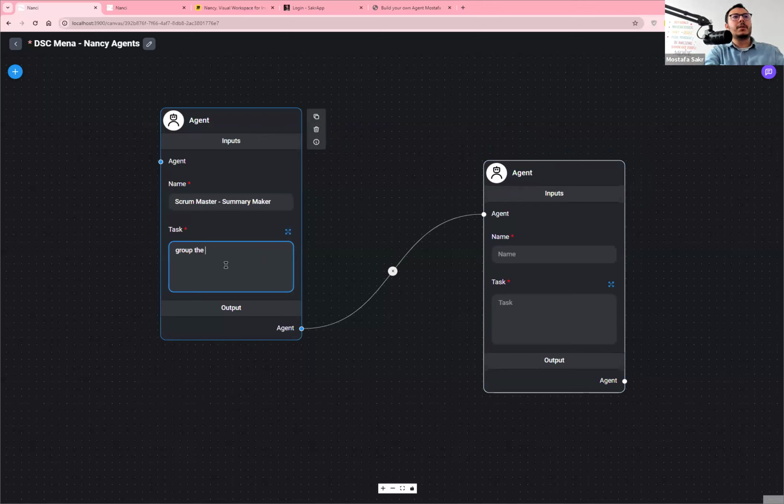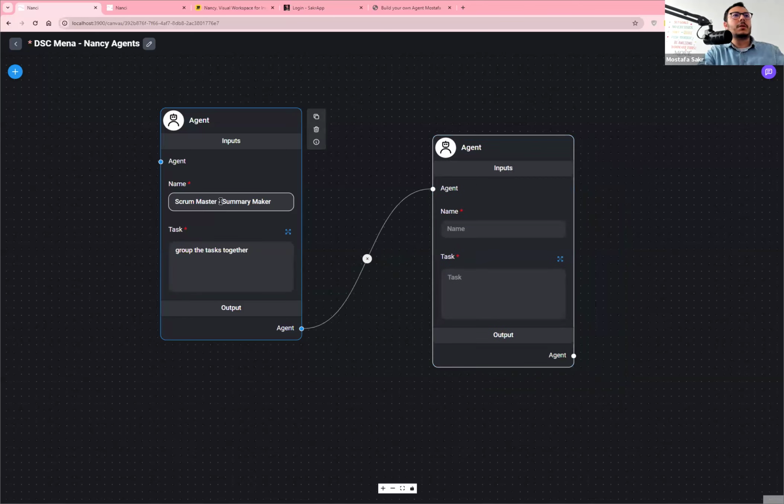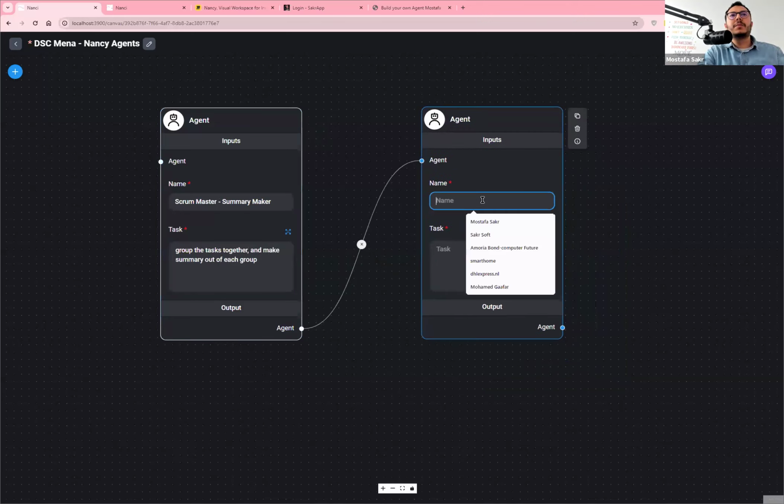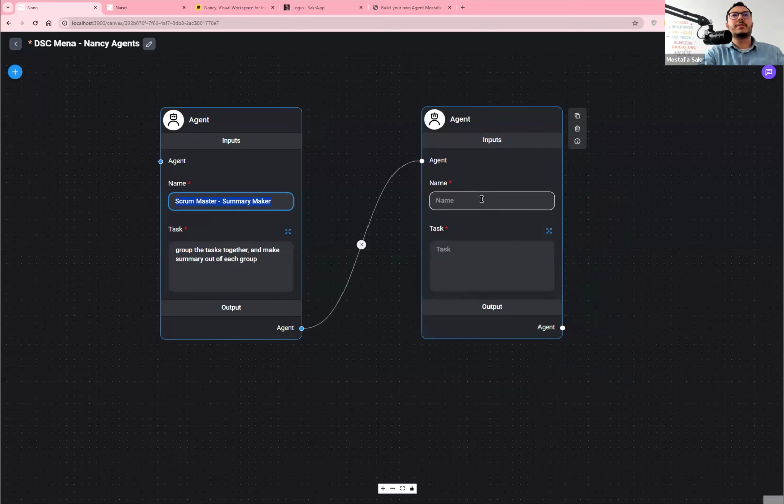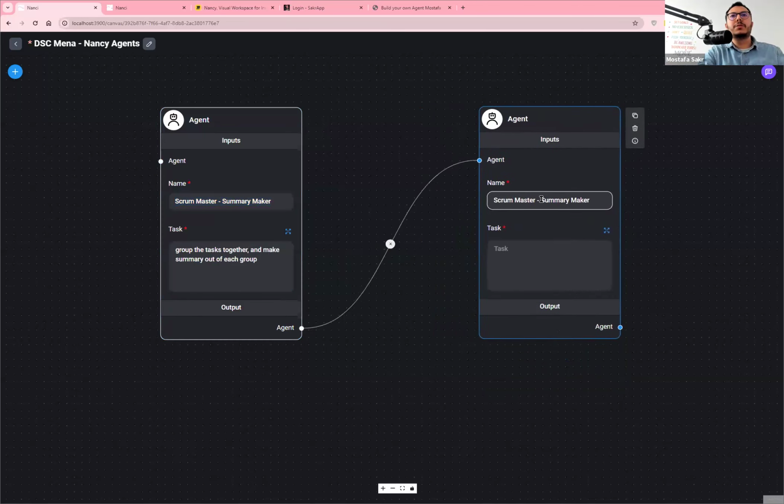Group the tasks together and make a summary out of each group. Then I can make another step, which can also be a Scrum Master, but what he's doing is